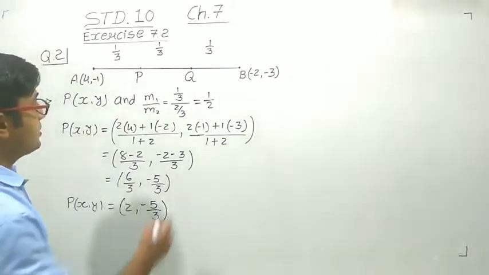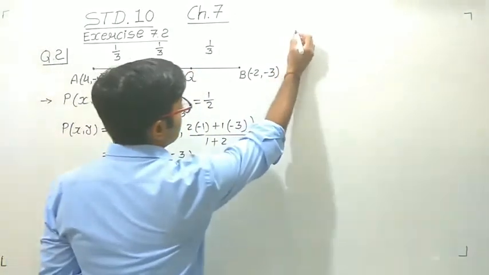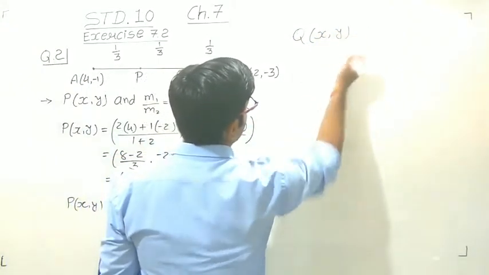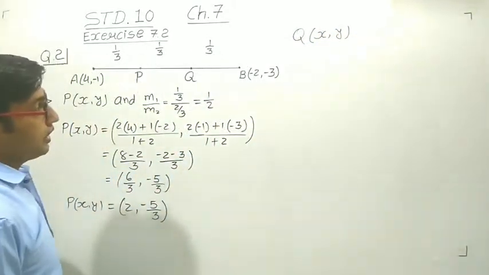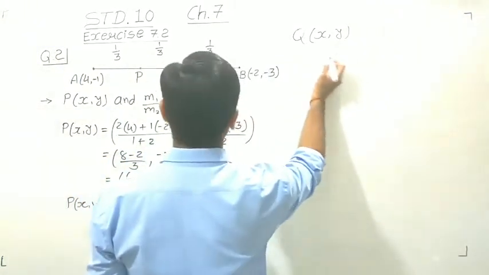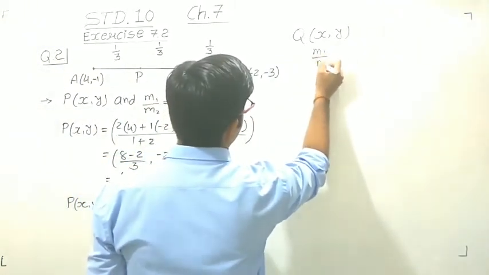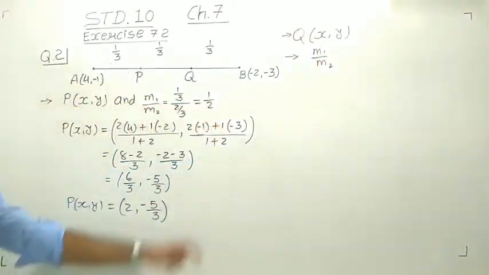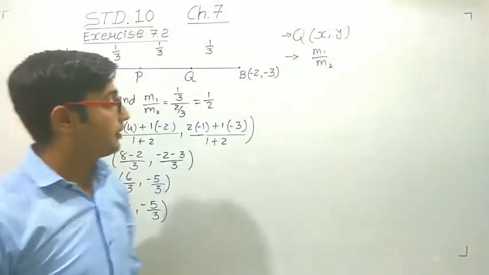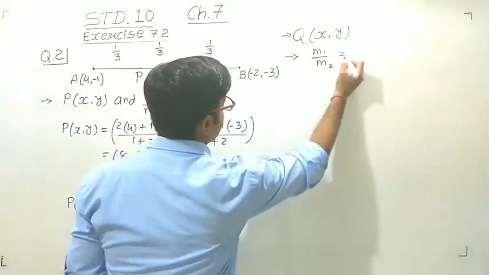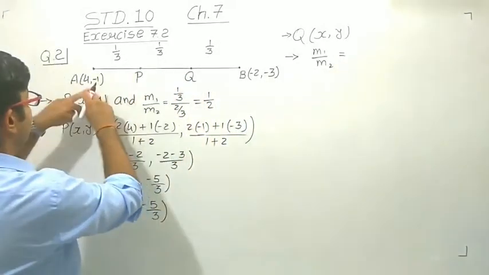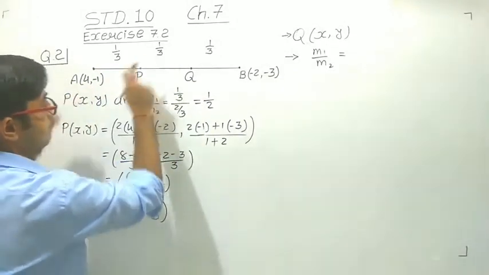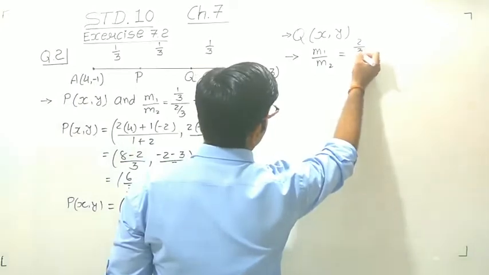Now in the same way, consider this point Q. So when we consider the point Q, let us take its coordinate also x and y. Right? So again, here we get the ratio. What the ratio we get here is, that is M1 upon M2. So we are calculating for the point Q, and its coordinate is, let's take also again xy. So what is the ratio here we get? See, this is the point. From point A we have to calculate, that is A to Q is how much? A to Q is 1 by 3 plus 1 by 3, that is 2 upon 3, and